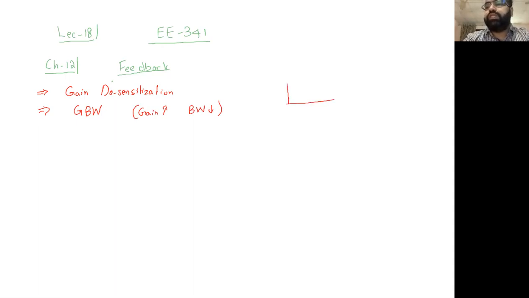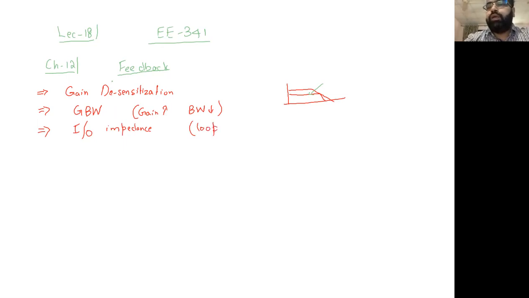And we saw some examples. If this is the gain and this is the bandwidth, if I reduce the gain, my bandwidth will increase like this. So this is the second one, which we also talked about. The third thing where we concluded the lecture was input and output impedance. In a closed loop system, the input and output impedance change by the same factor of loop